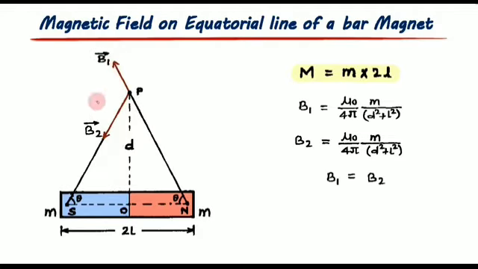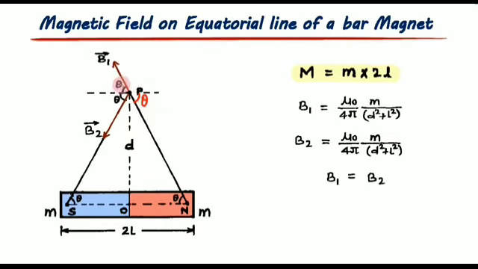The force experienced by a unit north pole at C due to the pole strength of the north and south poles. From O to P is the distance from the center point. The force of repulsion between the north pole of the bar magnet and the unit north pole at point C, which is marked as point P in the figure. At point P, an angle is formed.